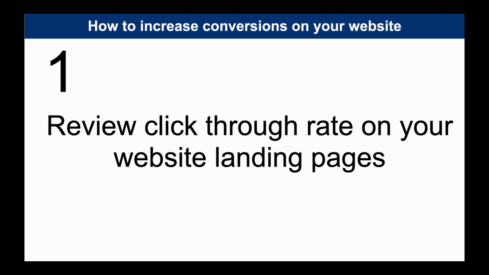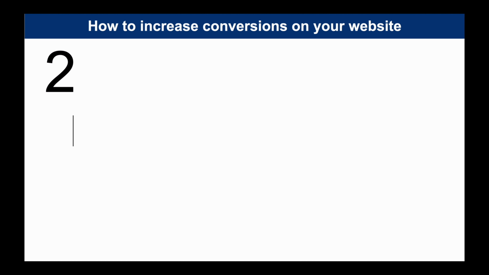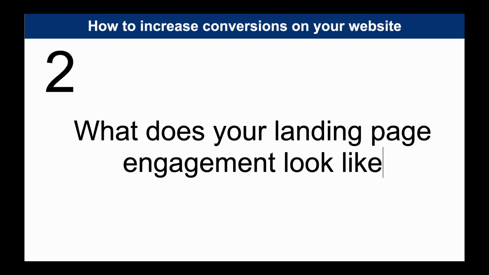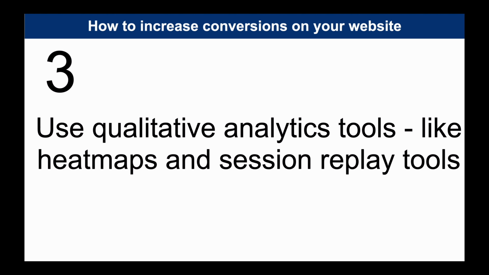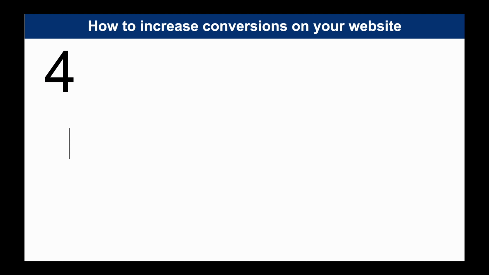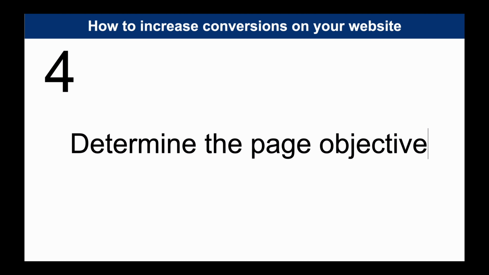After you understand the click-through rate, if it's high or low, then you need to ask yourself the question, what are people clicking on the page? What section of the page are they engaging with, and what is making them leave the page? You can understand that by using software tools like scroll maps and session replay tools and stuff like that. That would tell you the qualitative insights that Google and web analytics cannot tell you. And then you need to ask yourself the question, what are people missing on the page?